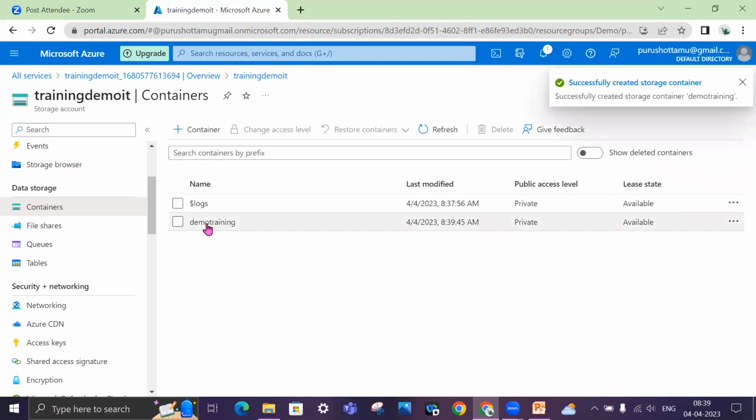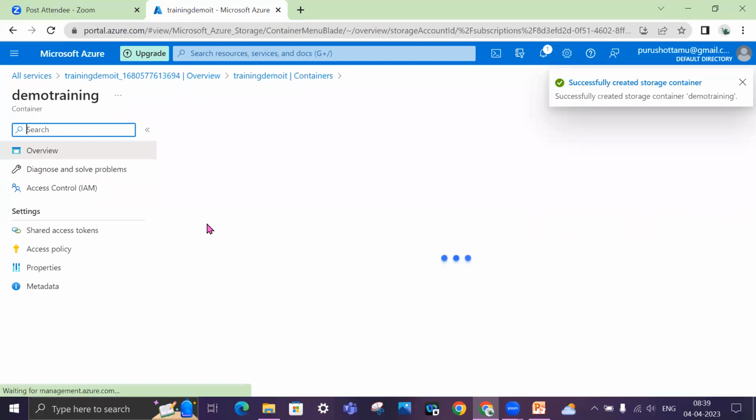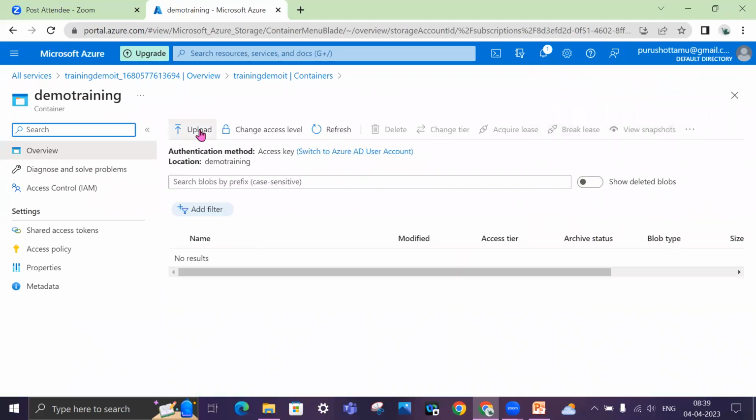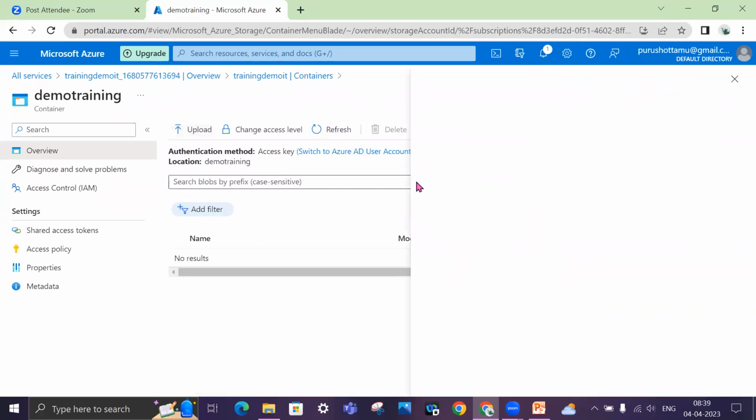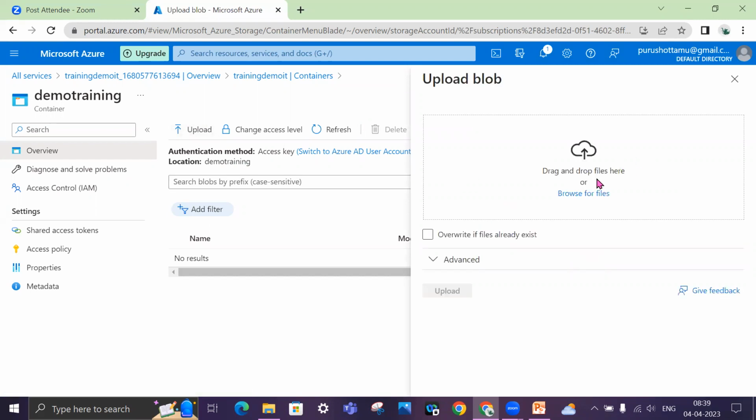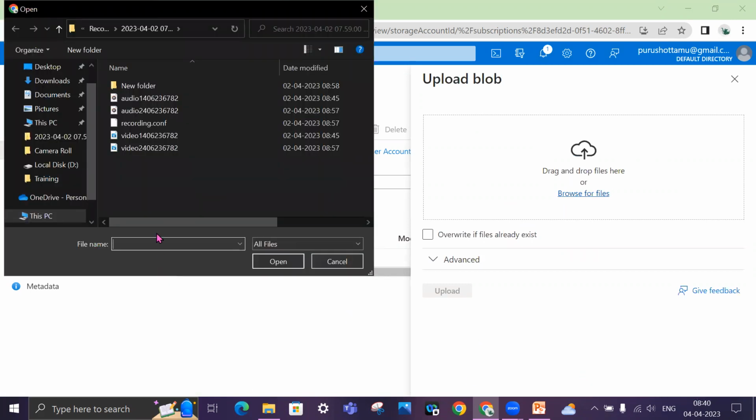As you can see, the container is already created and available, and you can upload files. You can simply drag and drop, or browse through files and bring them over here, anything that you want.